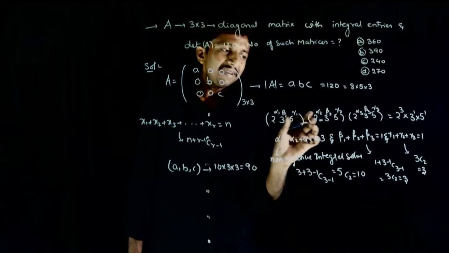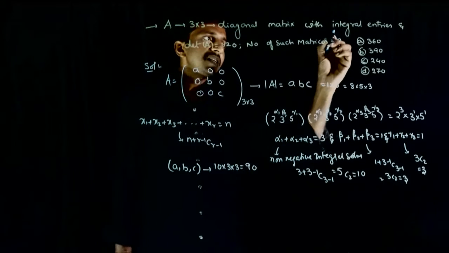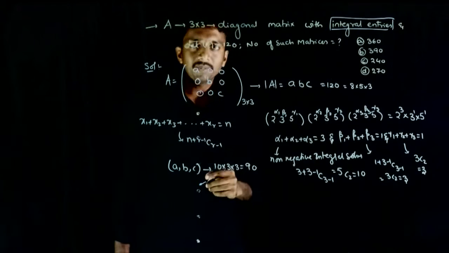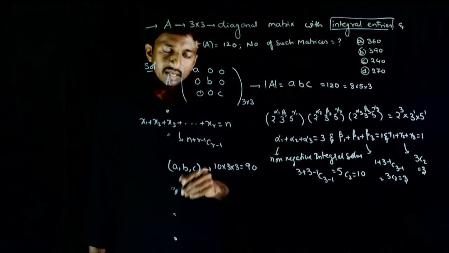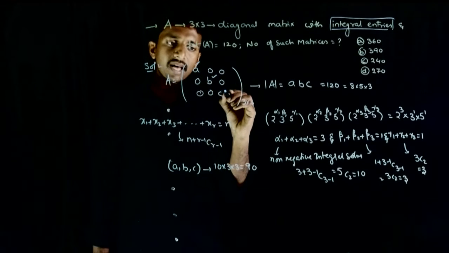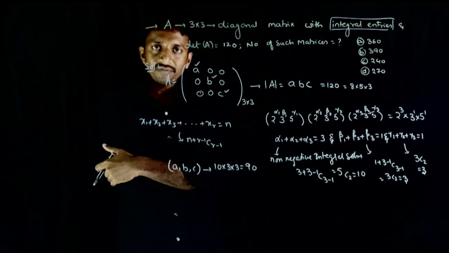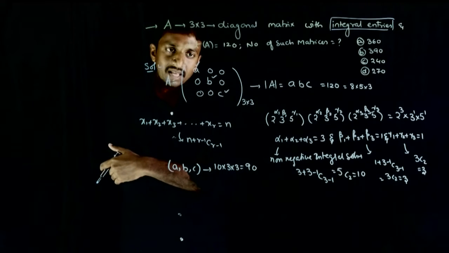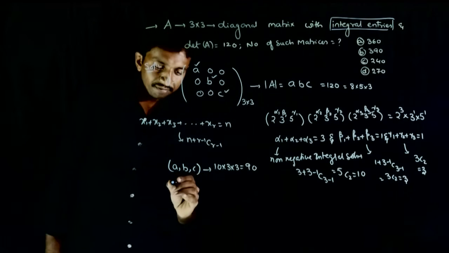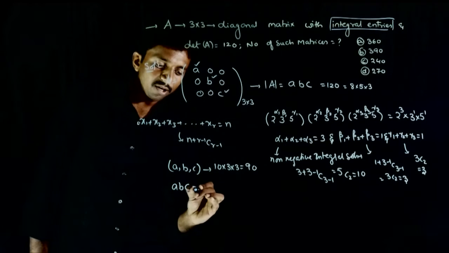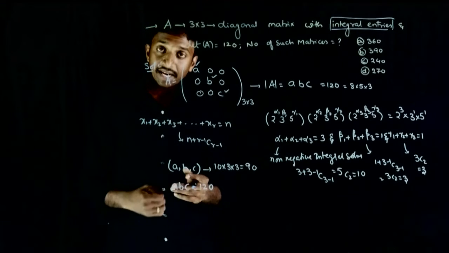ठीक है, हम माना कि A, B, C are positive, but क्वेश्चन में क्या दिया? A, B, C have to be integers. इसका मतलब नेगेटिव भी नंबर्स हो सकते हैं. ठीक है, नेगेटिव इंटीजर्स भी हो सकते हैं. So अगर A, B, C are positive है तो you can have 90 different entries of A, B, C. Now मान लीजिए अगर नेगेटिव एंट्रीज are also possible, फाइनली आपका कंडीशन क्या है? A into B into C has to be 120. So अगर नेगेटिव नंबर्स अलाउड है तो